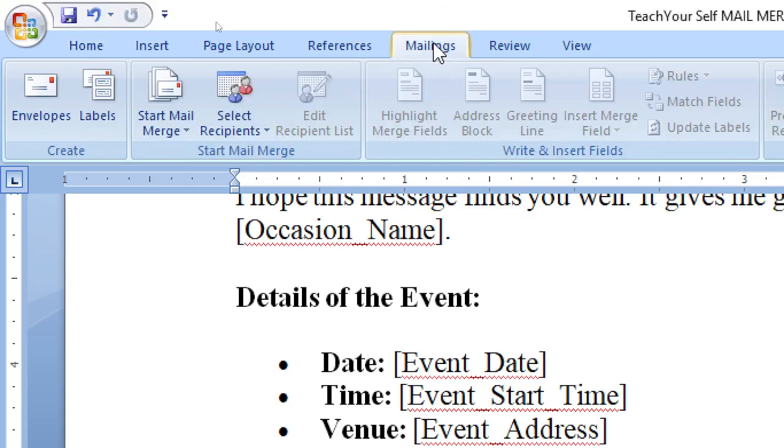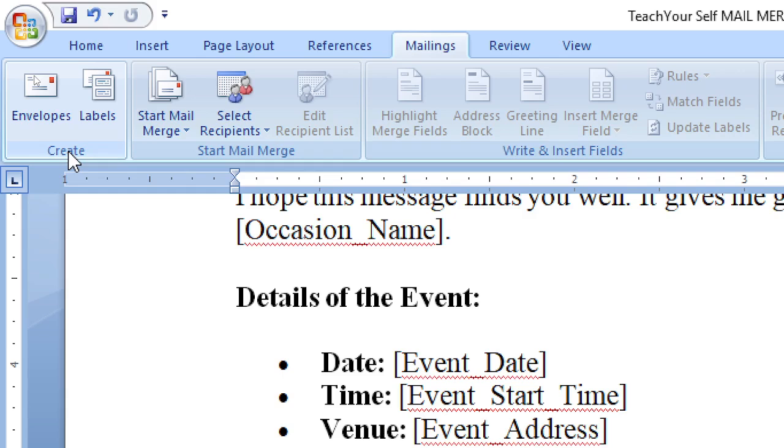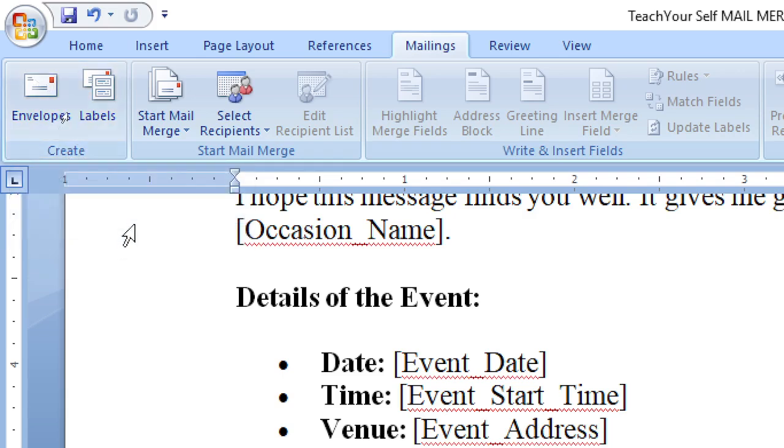From here you have to click mailing, and you can create mailing in the envelopes. Let's say our target is corned beef. Okay, so let's say our target is